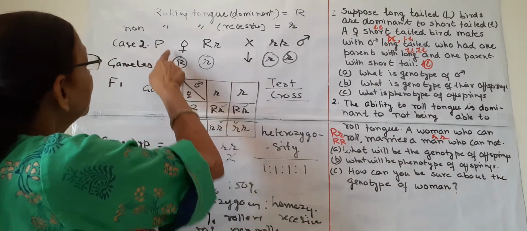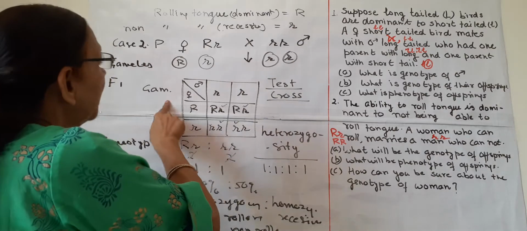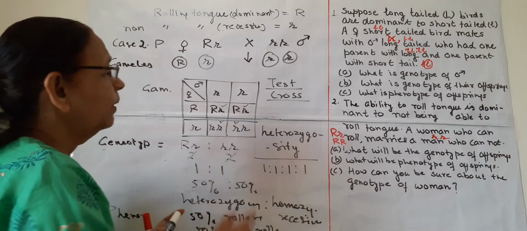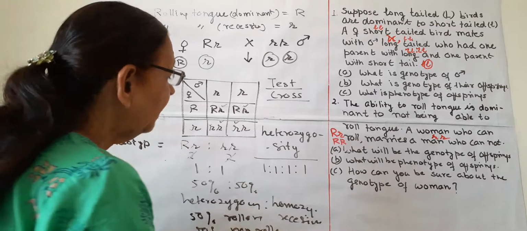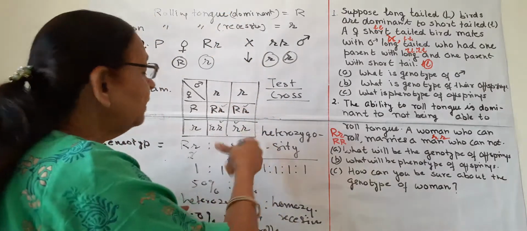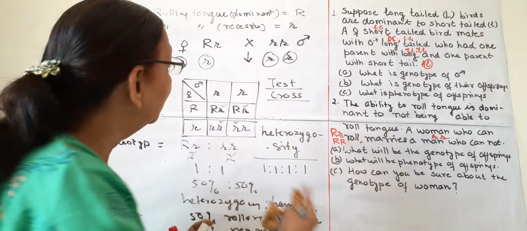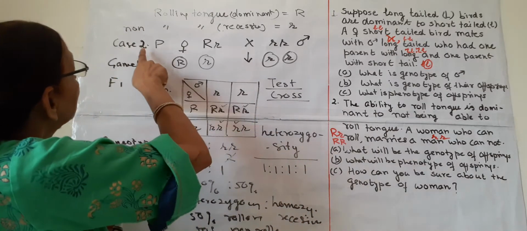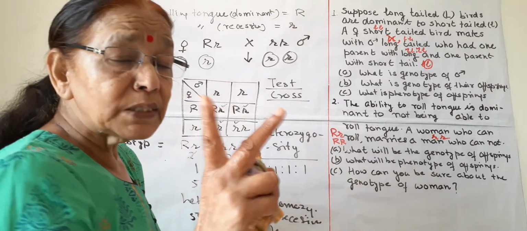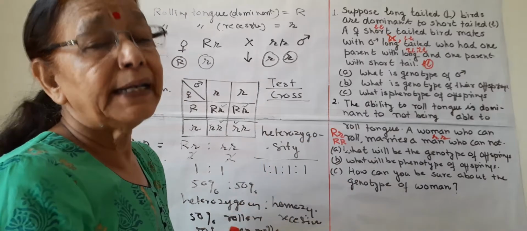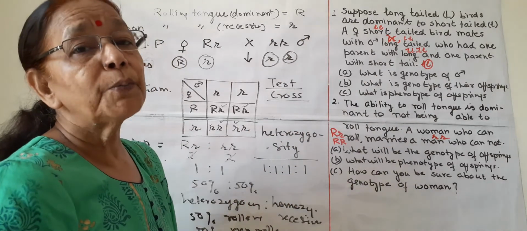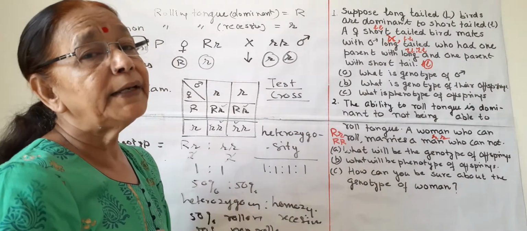First write parent generation, then draw gametes, then F1, then this Punnett square, then genotype and phenotype of the F1 individuals. And if F2 is also asked, then you have to repeat the same again, and in place of parent in F2, you have to take 2 individuals of F1 and selfing is done, or both are same. So in this way you can solve these problems, and we will discuss later with dihybrid cross.